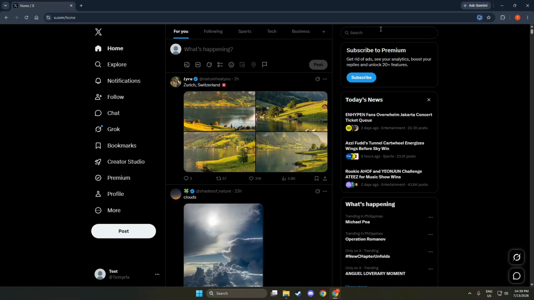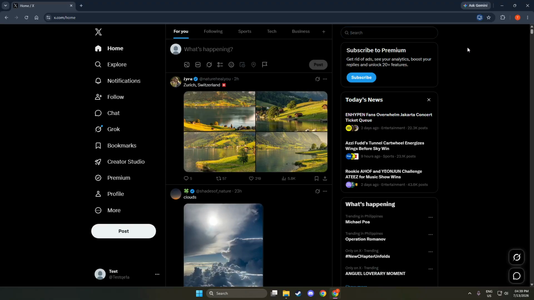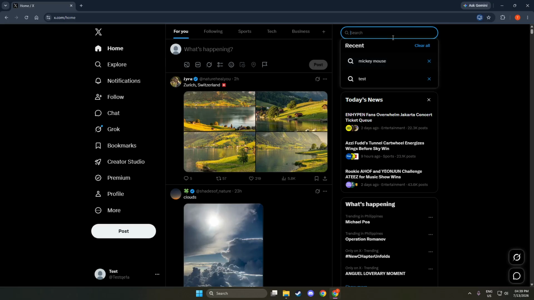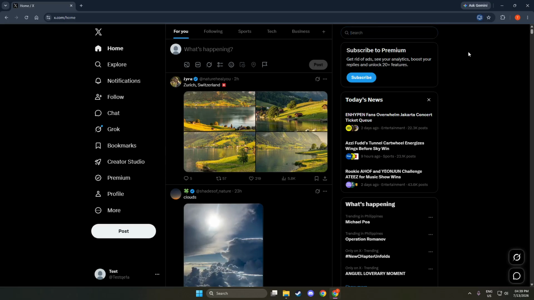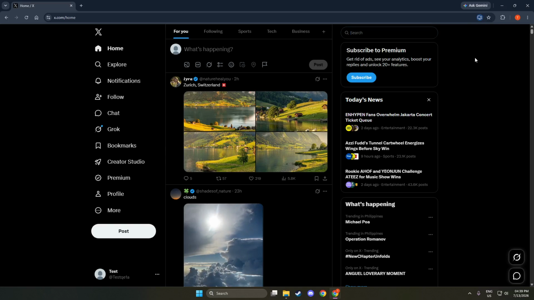Now that your recent searches are cleared, take a moment to reflect on how this small action contributes to your overall privacy. By routinely clearing your history, you ensure that your search activity remains confidential. This simple step not only enhances your privacy but also declutters your search experience, allowing you to focus on new